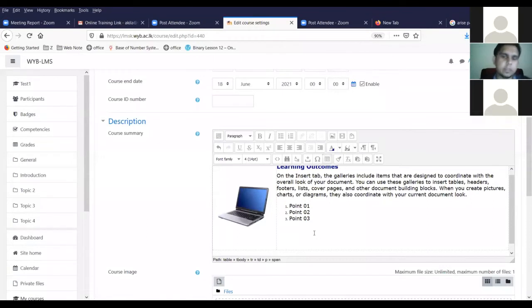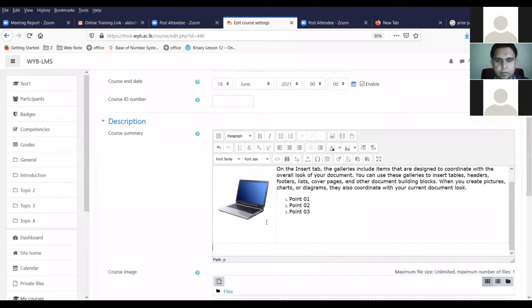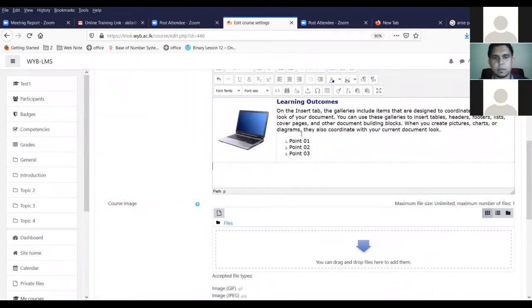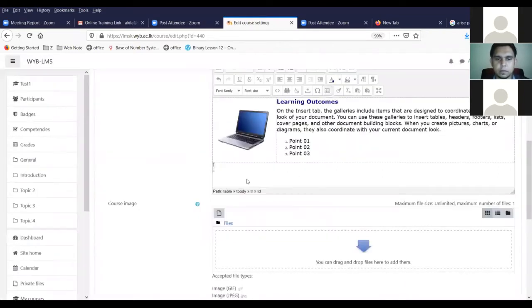Again, if you want to add some other tables, for example if you're going to give some schedule to the students, then again that is possible. You can add another table here. So I'm going to add another table. Initially you can't see the table because it doesn't have any value there at the beginning, so you can expand the table and see.